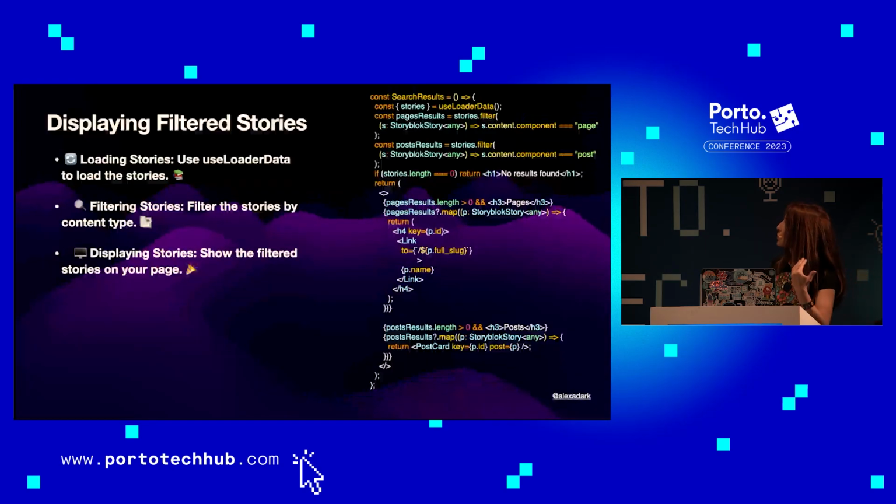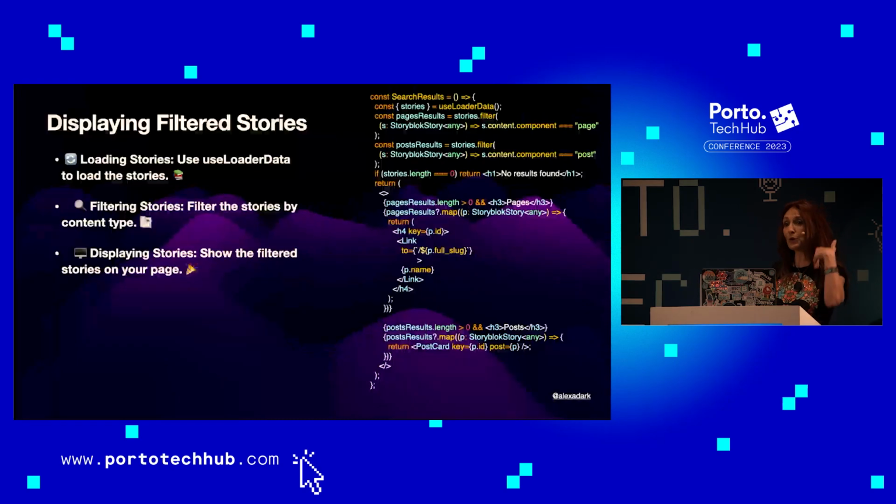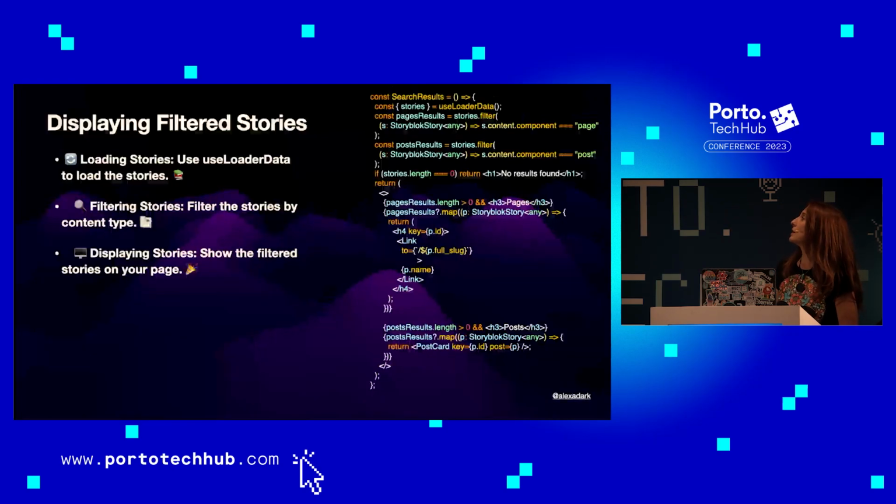Here we are going to use useLoaderData, which is the hook in Remix to get the data from the server. All that is in the search results route. So we have the loader that gets the data from the server, and then we retrieve it in the component with useLoaderData. So we get our stories